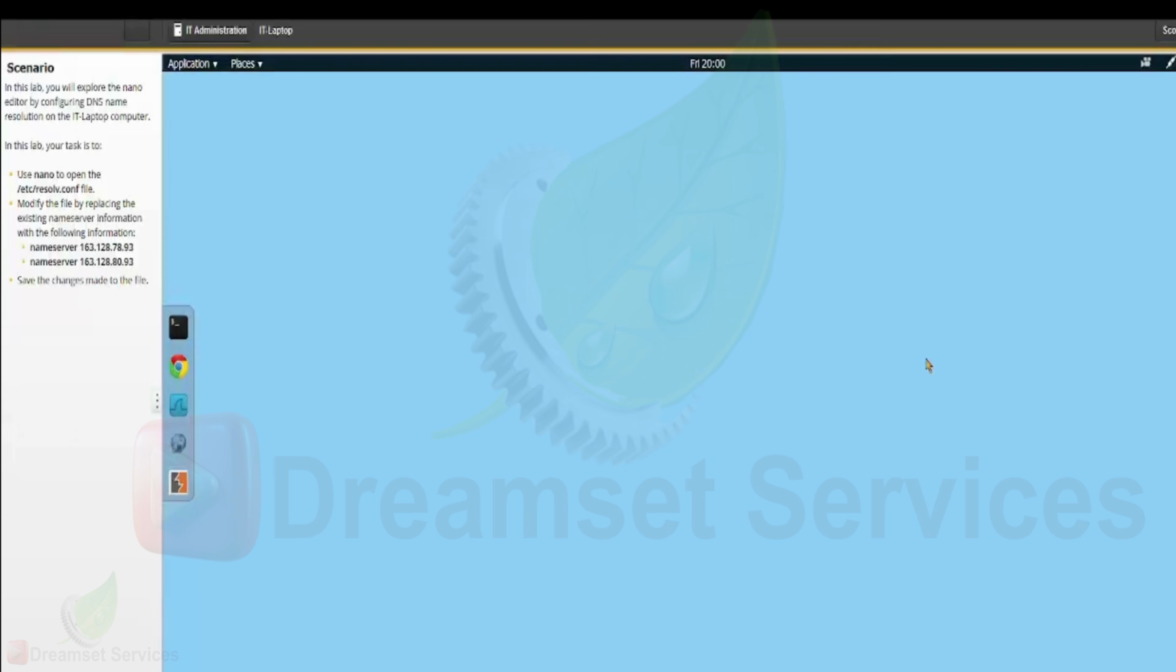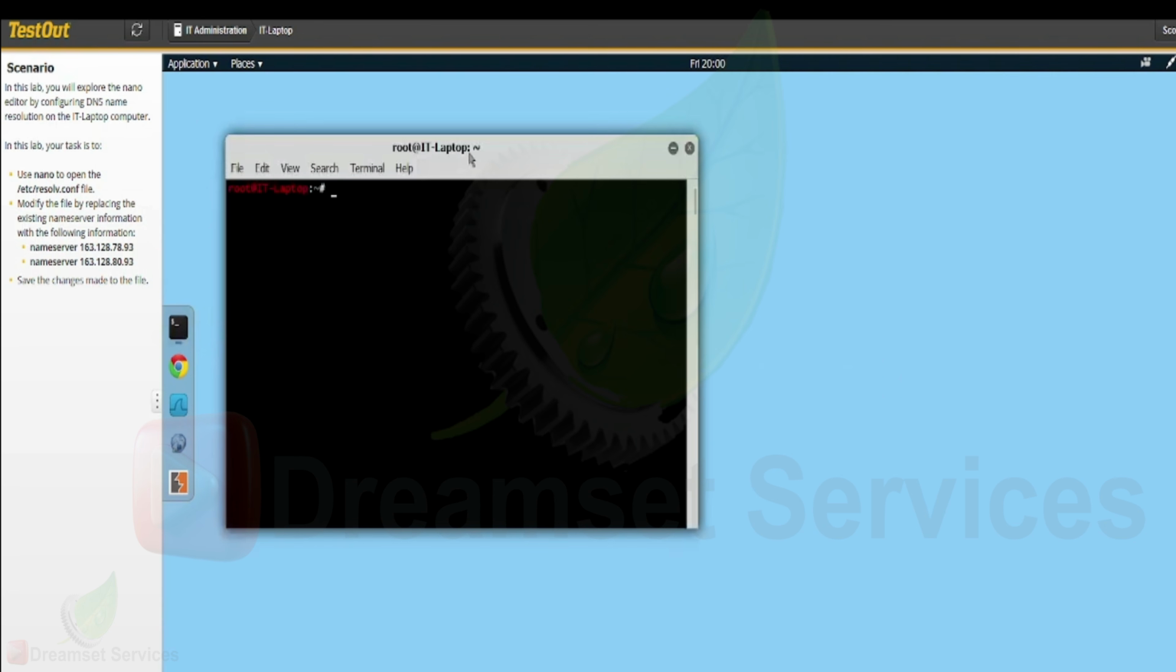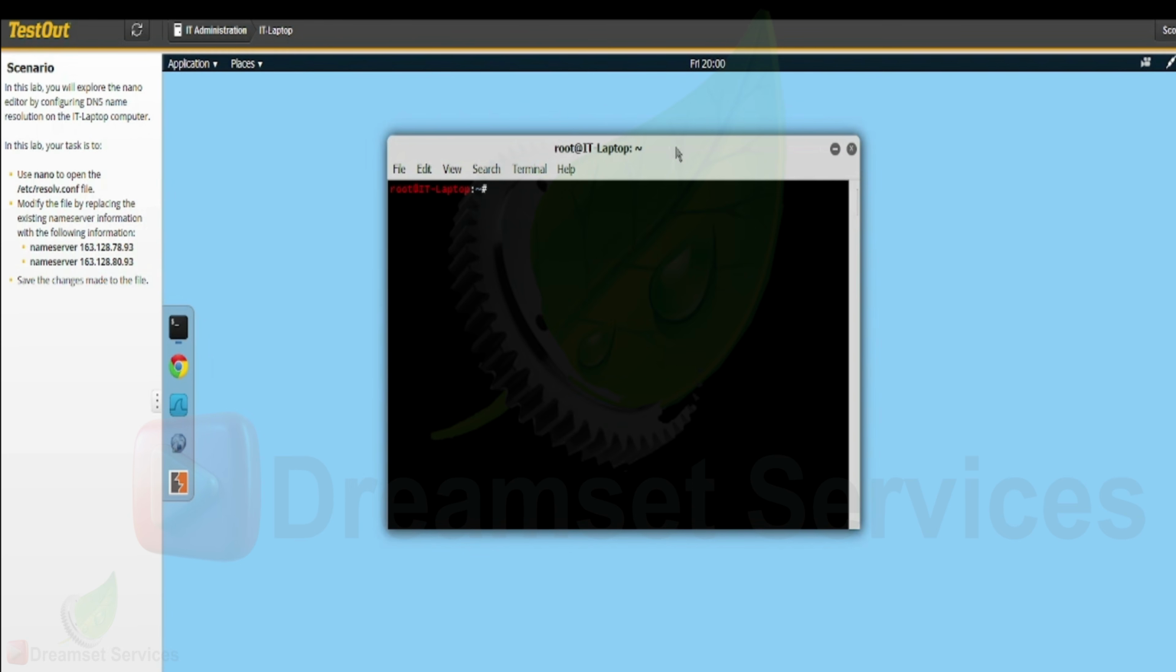Alright, so this is loaded and we'll start right away. Let's see what we'll do. Alright, so the first thing we want to do is to open terminal. And I'll drag this to the middle so that I see what I'm doing clearly. Type in nano space